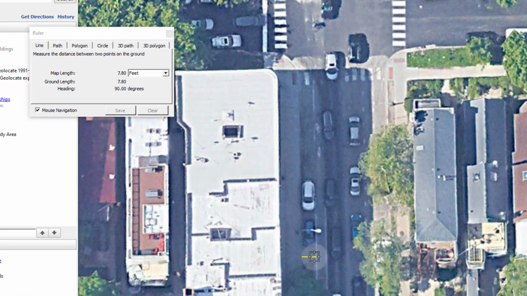It looks like I got about 8 feet for the parking lane, and this is what I might research online. How wide is a bike lane? Or, you know what I'll do? I'll go out with a tape measure and just measure it. It's one thing to have the standard that the city is shooting for, and it's quite another to go measure